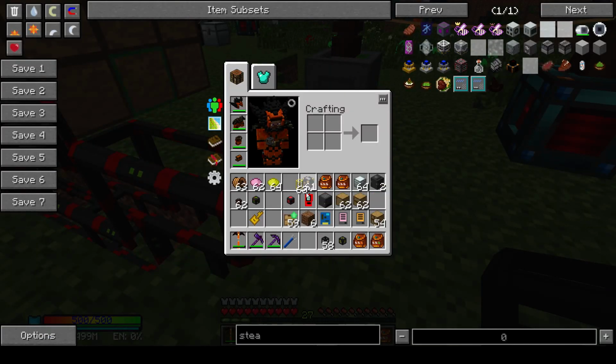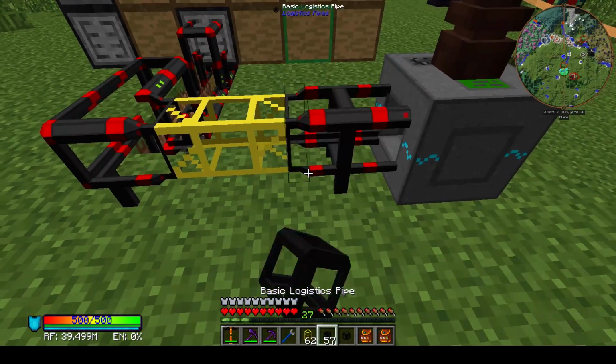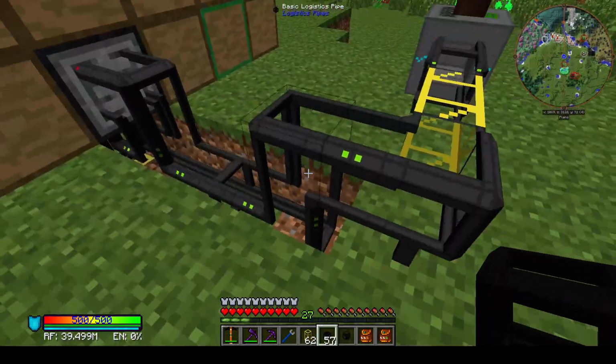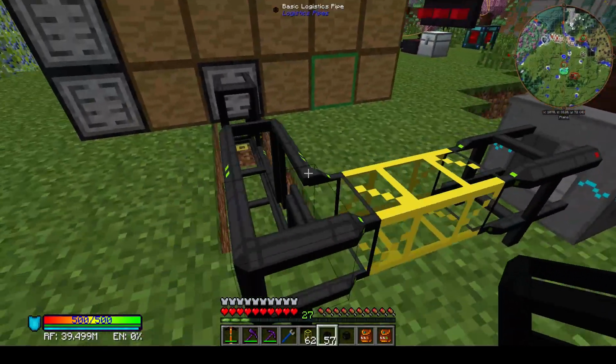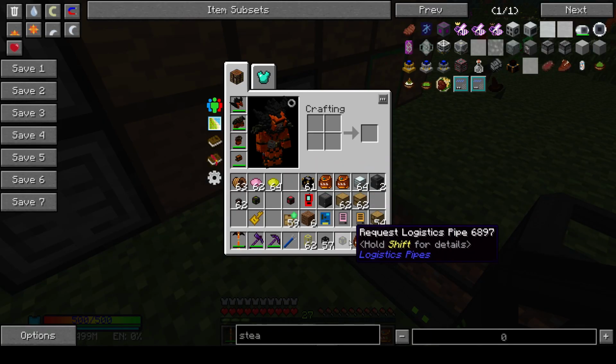And on straight runs, you can use these golden transport pipes. They're a little bit cheaper to craft. Or you can just do the whole thing with basic pipes like this. It's fine either way. But you do need logistics pipes, whether it's the basic pipe or a request pipe, these